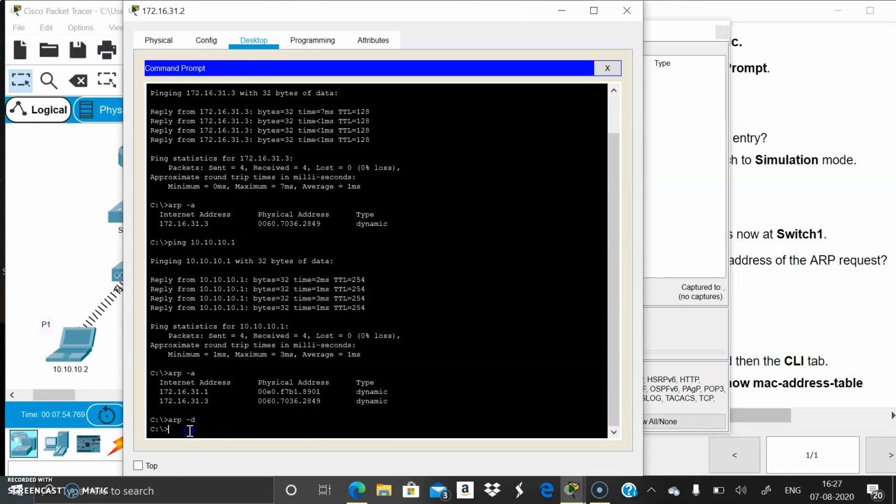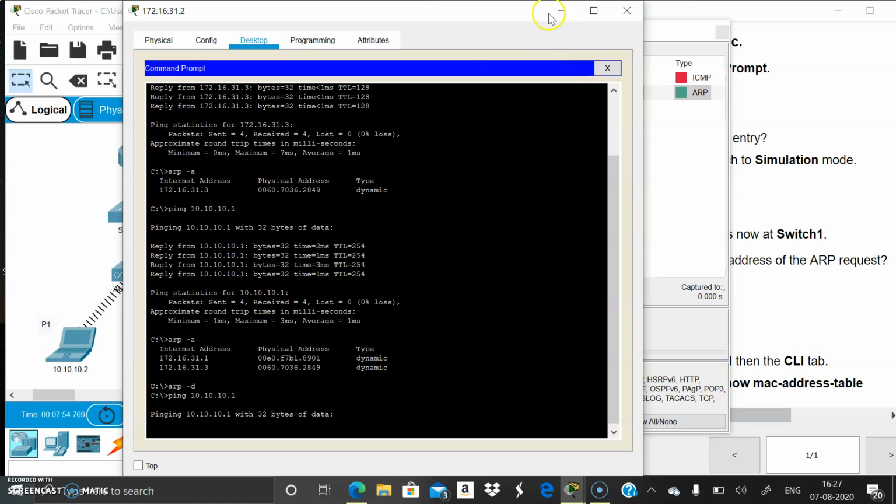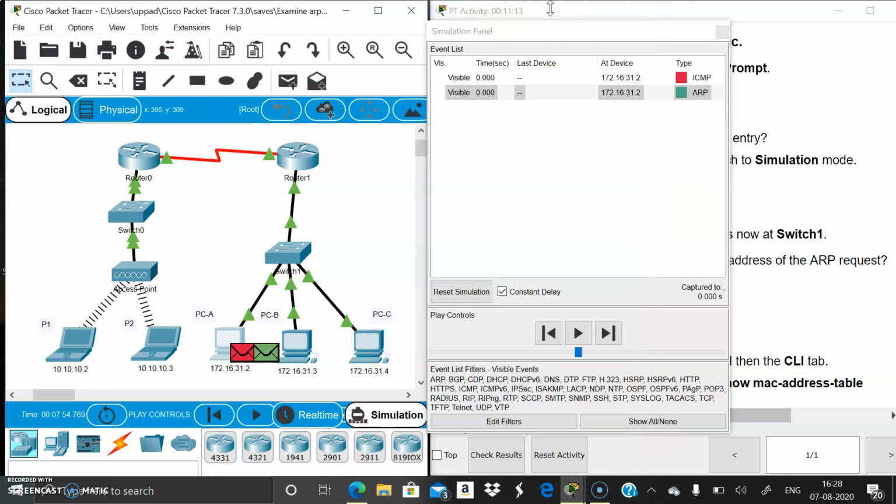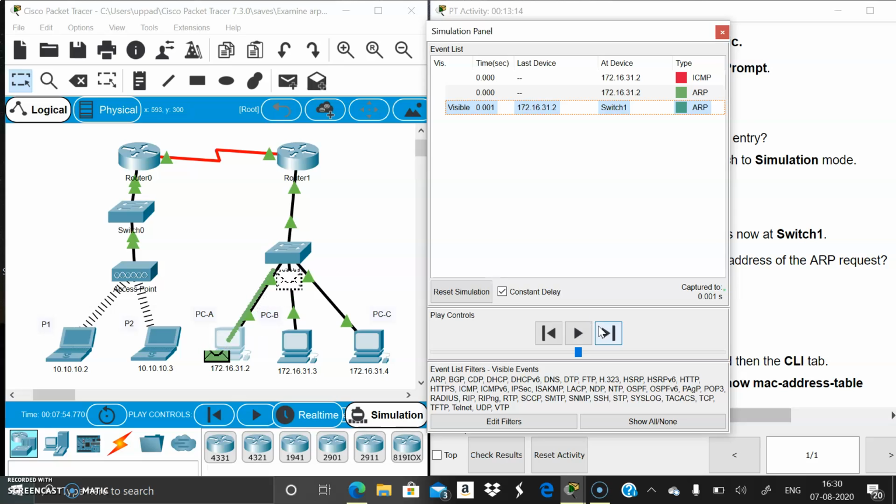Again we have to ping the address given. Okay. Now we can see the ICMP and ARP packets again because we didn't know the destination address. So here these are the two packets. One is ICMP and another one is ARP. Firstly, the ARP packet will be sent first because we need to know the destination address. Okay. We can see the ARP packet is sent now.